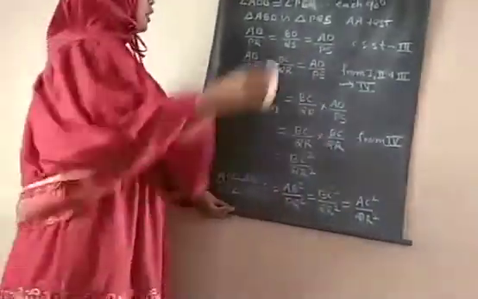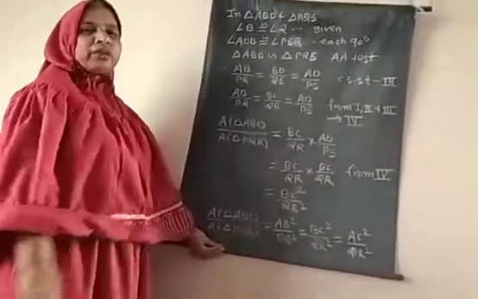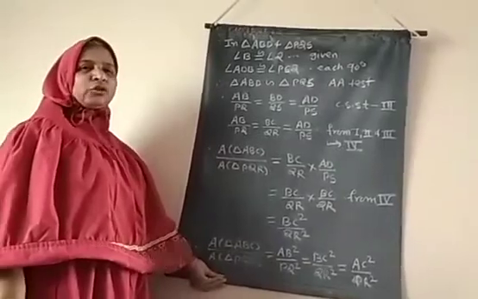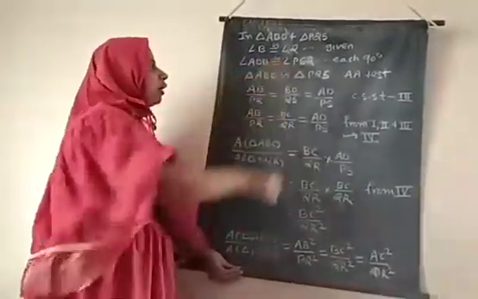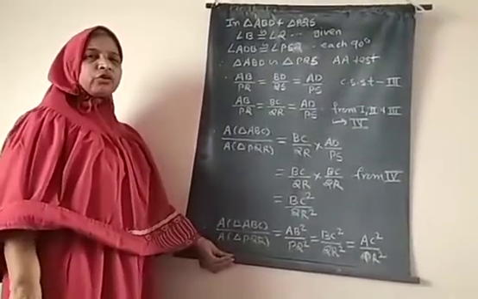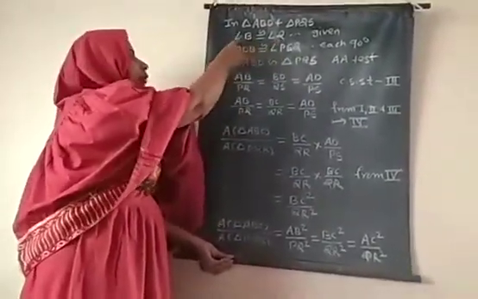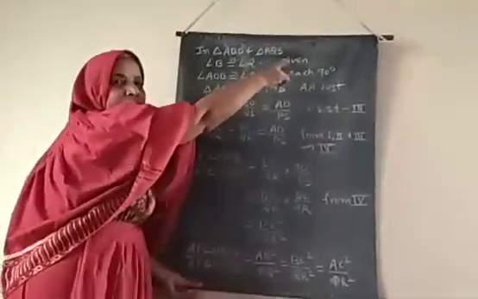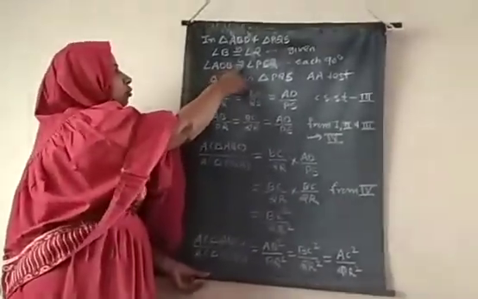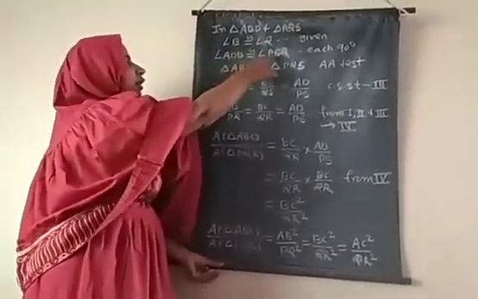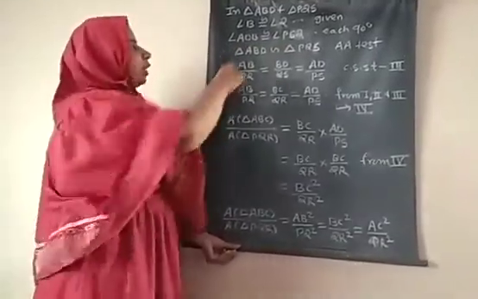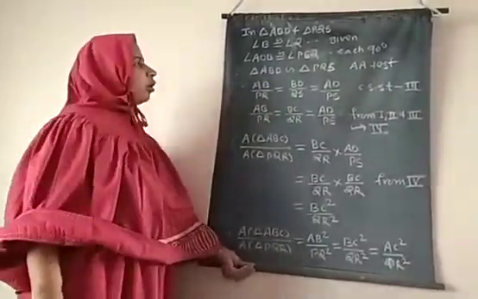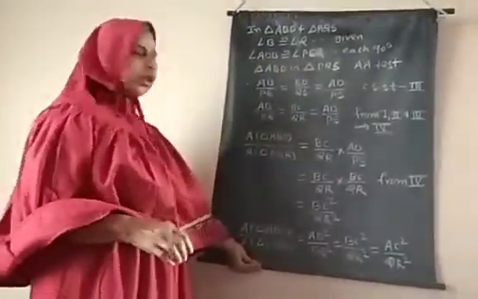Now we consider triangle ABD and triangle PQS. Follow the figure. In these two triangles, angle B is congruent to angle Q because the triangles are given as similar. In similar triangles, angles are congruent. So one pair of angles we are considering here: angle B is congruent to angle Q. This is given. Angle ADB is congruent to angle PSQ because angles D and S are made 90 degrees by construction, so they are congruent, and the reason is each is a 90 degree or right angle. You can write down any reason.